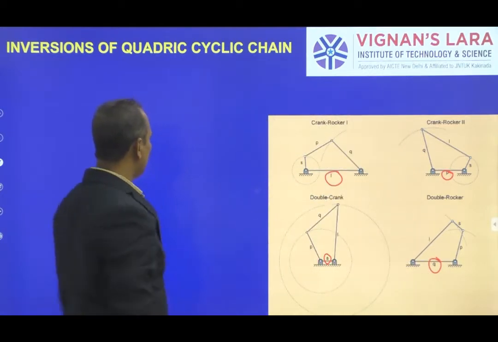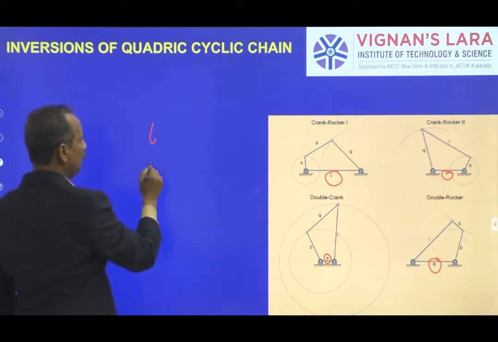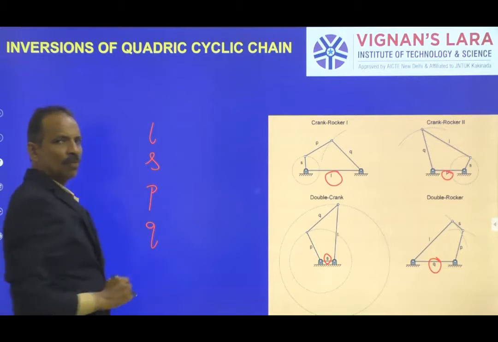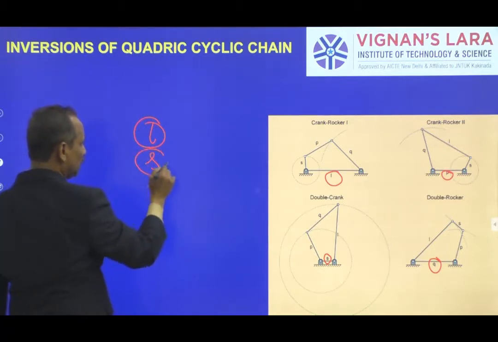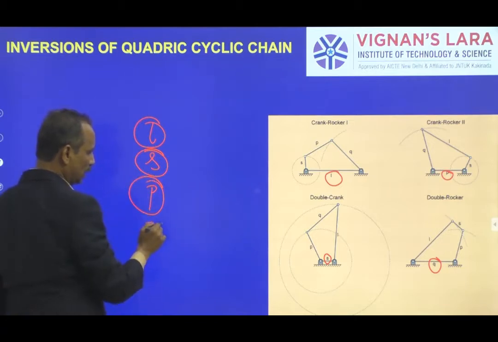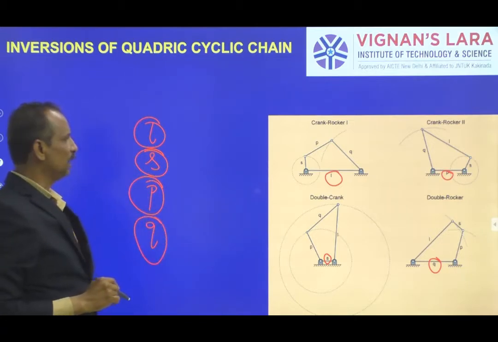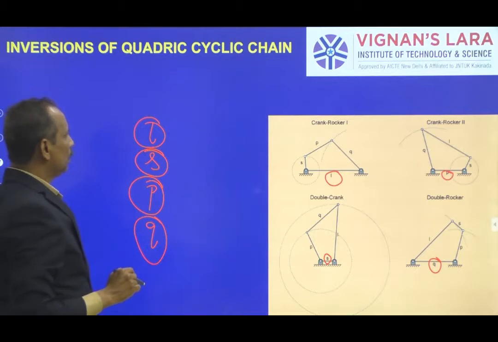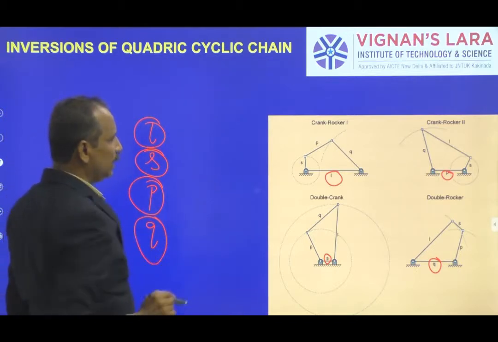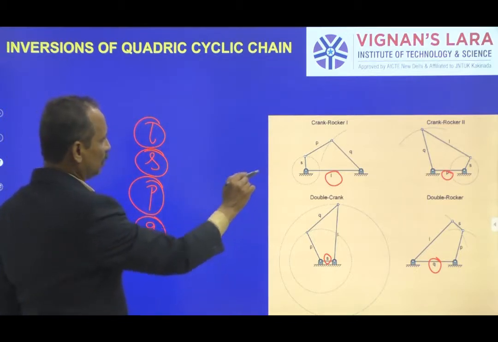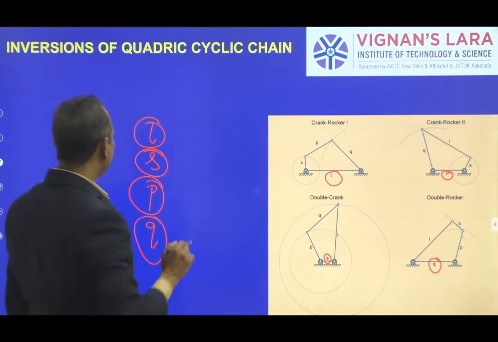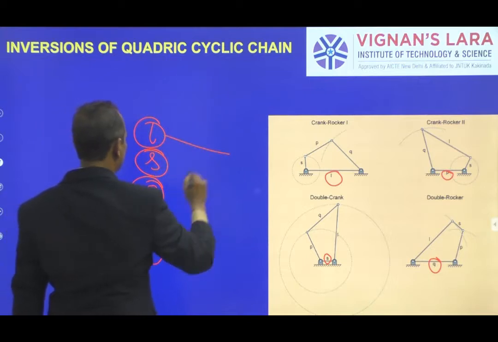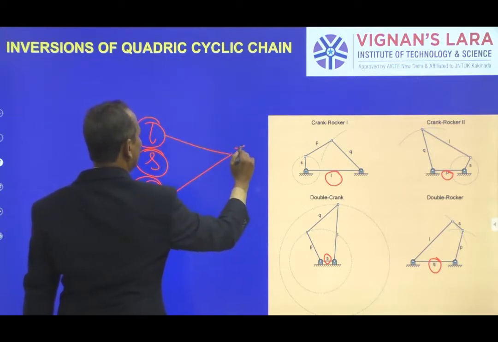So there are 4 links named as L, S, P, Q. If you fix one link, you get one mechanism; by fixing another, another mechanism; and so on. But here in this quadric cycle chain, which I have shown here, fixing the link L as well as link P will give